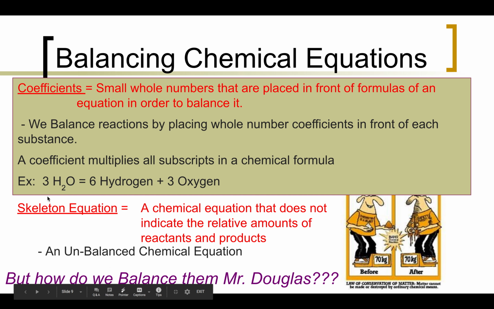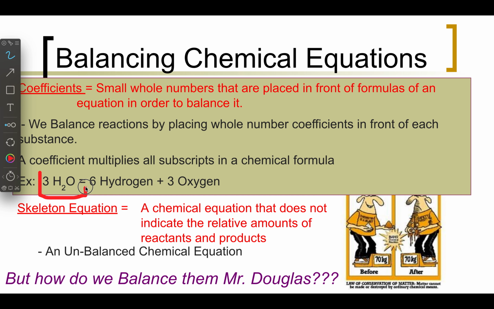So let's take a closer look at this little box right here. You may notice there's small letters down here, and by this point we all know what that means. It means that there are 2 hydrogen, and these are called subscripts. Let me see if I can put that in right here. Can we make our text smaller? Subscripts, versus right up here where we have this big 3, and that is called a